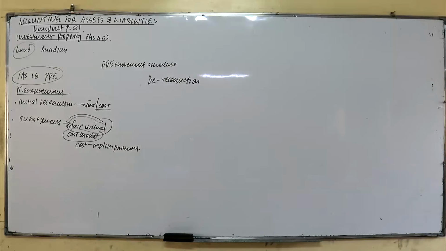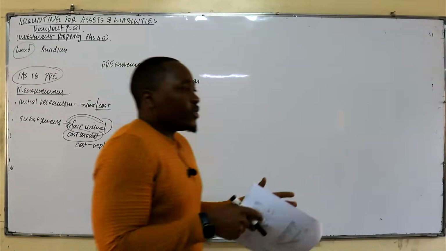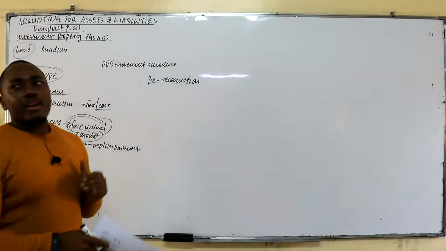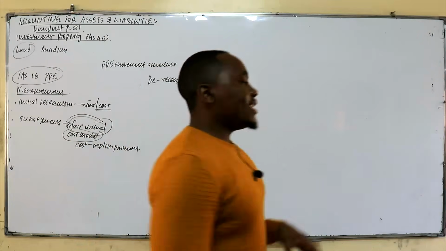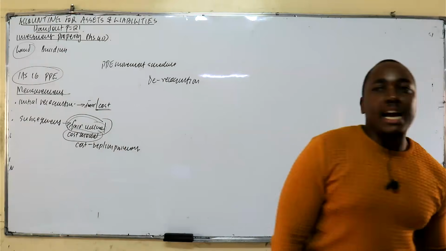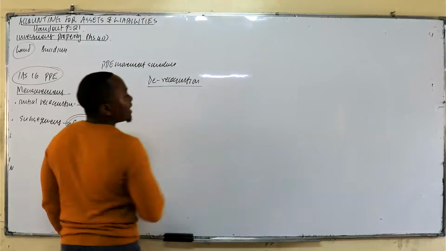Recognition means the inclusion of an item in the financial statement. Therefore, what is derecognition? It's to remove. Derecognition is the removal of a previously recognized financial asset. Now, when should the company derecognize or remove an item of PPE